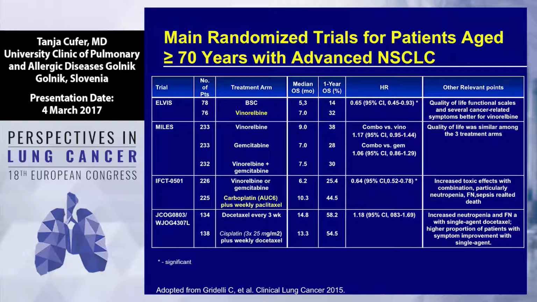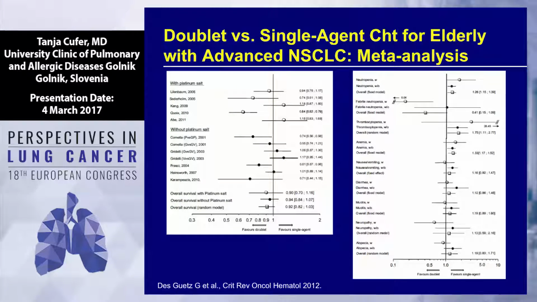And then you have the list of what are, from my point of view, the most important trials comparing combined chemotherapy to monochemotherapy. As you can see, also in patients more than 70 years old, the combination of two non-platinum drugs is not better than monochemotherapy. On the other side, like in performance status 2, platinum combinations, namely carboplatin combinations, are better than monochemotherapy. So more or less the same story for elderly and for performance status 2 patients.